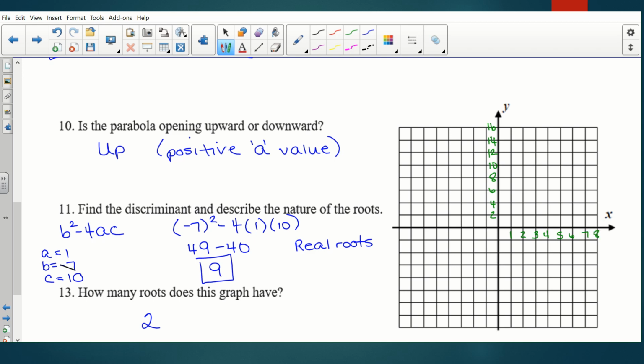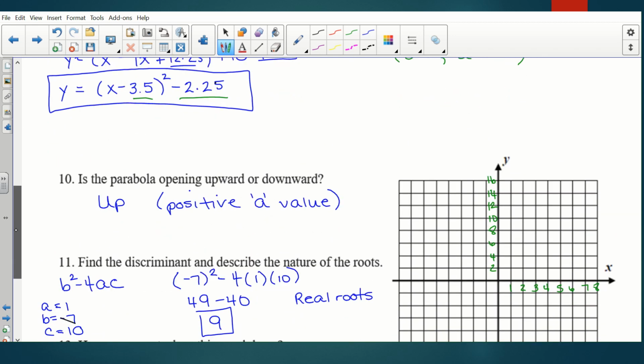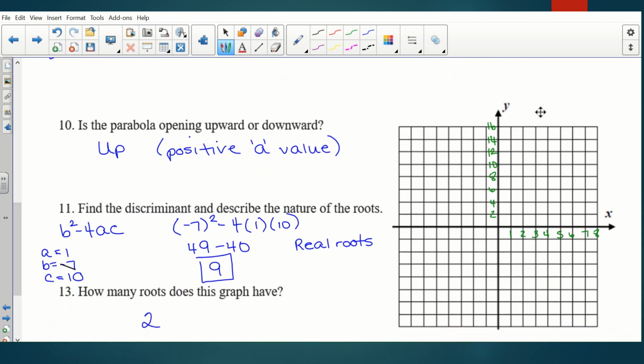At positive 3.5 for my x value, I am going to draw in the axis of symmetry. Now for my folks, we just kind of put that dotted line down. So this, again, it reminds us where, and actually, I'm going to try and make this a little nicer. This reminds us where our graph is going to be cut in half. Okay? So right here,